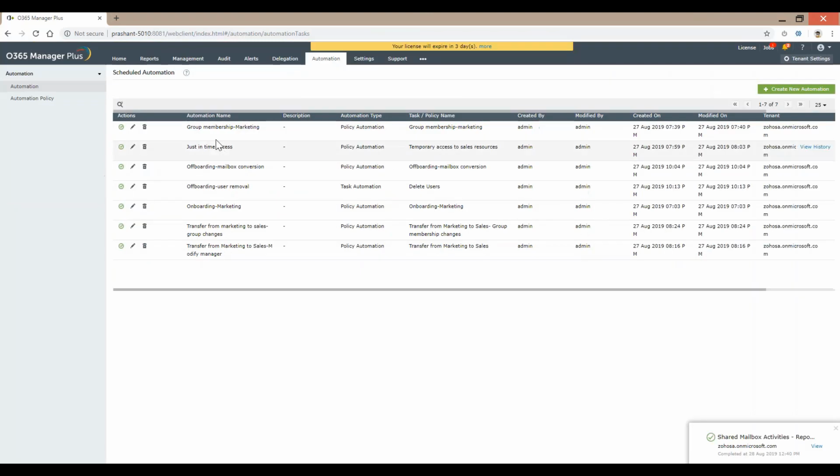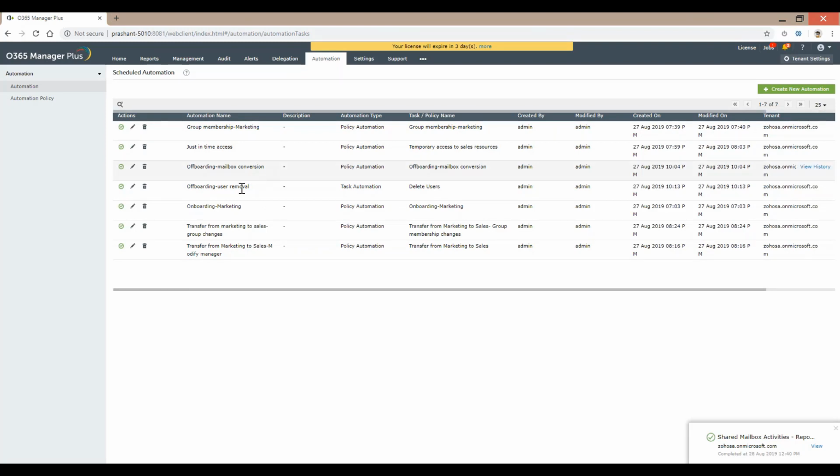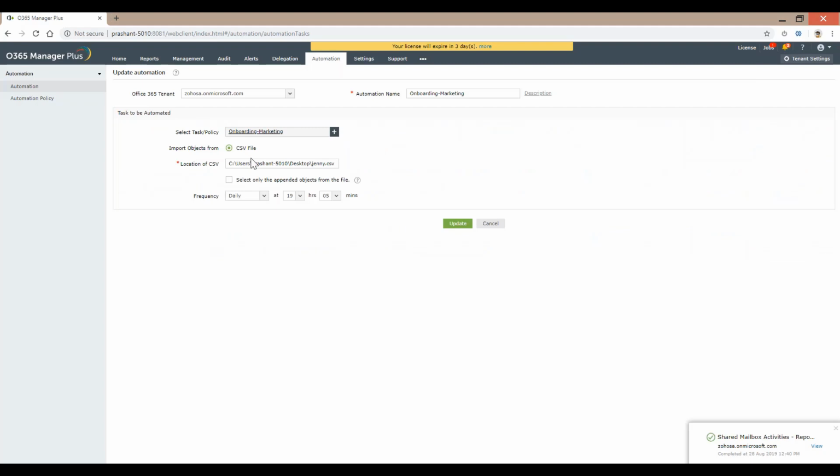I have a couple of automation policies configured right here and tasks that are also configured right here. So these tasks are fundamentally going to help me onboard my users or modify my users, and it can be configured whichever way I see fit. So I'm going to quickly get into one of those tasks and show you the logic that powers the task. So here you go. I have my system set to run every single day, probably at the beginning of the day, to import values from the HRMS tool. The HRMS tool sends out a CSV file on a regular basis, and it has details pertaining to the new users.